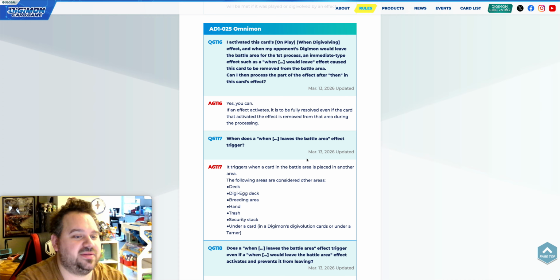Okay, activate this. Digimon would leave the battle area for the first process, an immediate type effect, such as when this card would leave, causes this card to be removed from the battle area. So you still get to activate the second part, I guess, which is actually pretty cool. And then,